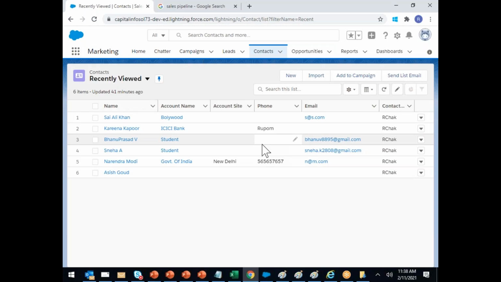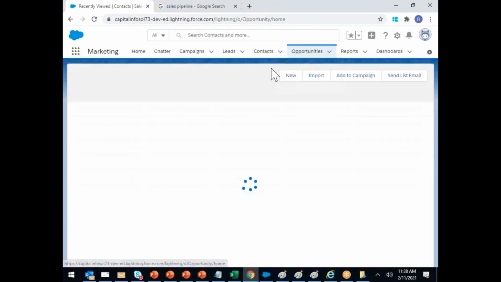Each stage will be connected to a percentage. Who will give this percentage? The business. If it's Apollo Hospital, what will the stages be? Patient registration, doctor appointment, diagnostics. After that, operation could be there. Then finally, treatment done. These stages can differ from business to business. Our work is not to create the stages. The stages have to be given by the client. The client will give them to us and we will put them in Salesforce. Clear now everyone?